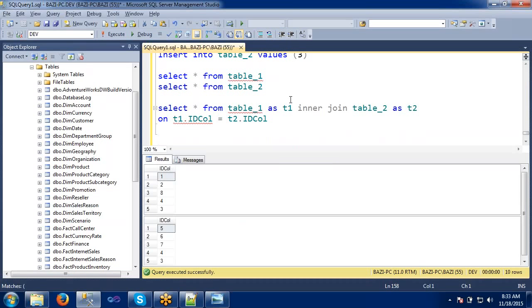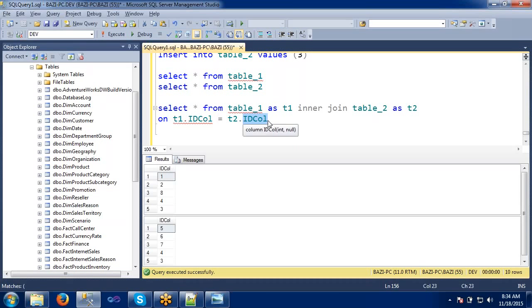That's why, if I give the alias name as T1, then next time when I want to get any column name from this table, I just apply T1 dot. The table is now aliased: table 1 is now T1, table 2 is T2. So every time I won't need to type the complete name. In table 1's ID column and table 2's ID column, if these two are matching and I am doing the inner join, retrieve those records.